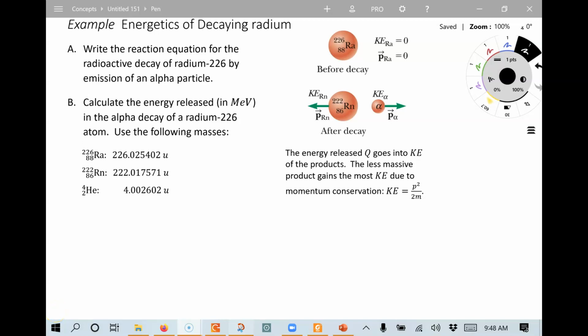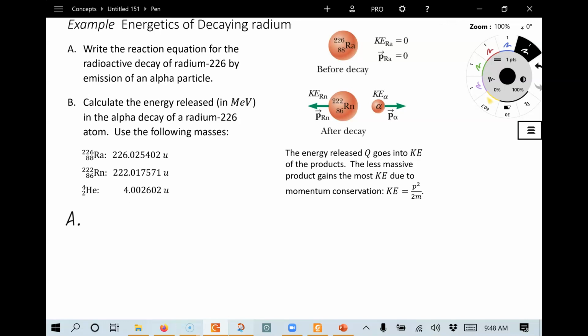Hi, this is an example problem from Chapter 31, the energetics of decaying radium. Pause for a moment to read the question. So we're going to start here just by writing the reaction equation for the radioactive decay of radium-226 by alpha emission. We're going to start with the parent there, the radium